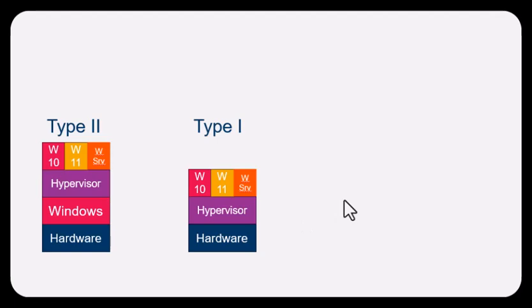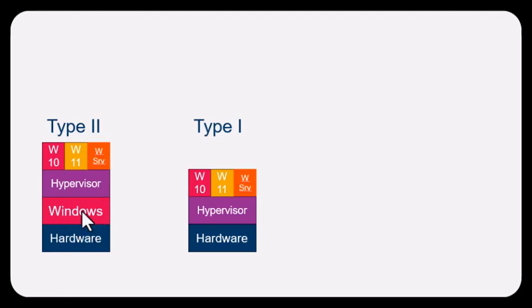creating virtual machines. You've got your regular hardware. Here's your computer. You've got your Windows, say Windows 10 or a Windows 11 running on top of it, and then you install what we call a hypervisor. That hypervisor could be VirtualBox, VMware, some hypervisor, and then on that hypervisor you install different versions of Windows. That's a type 2 machine, but it's a little bit slow because you've got this Windows down here that I'm